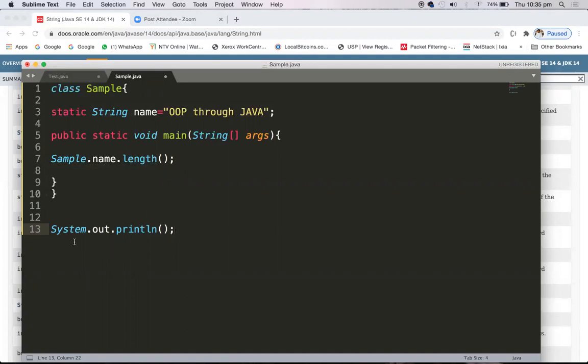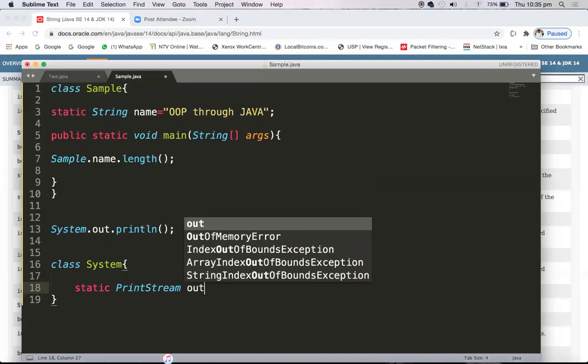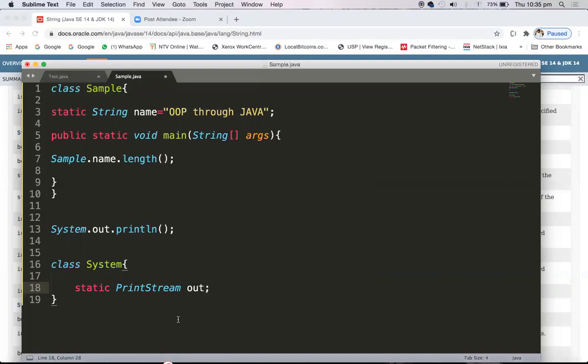In the same fashion, you have the System class and out as a static member, whose type actually is PrintStream, and PrintStream has a method called println. If you see, the class System is like this: static PrintStream out. Now I want to print something.